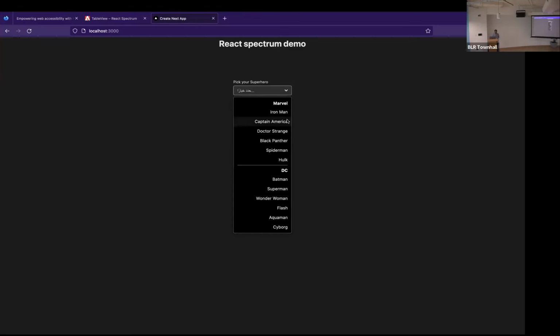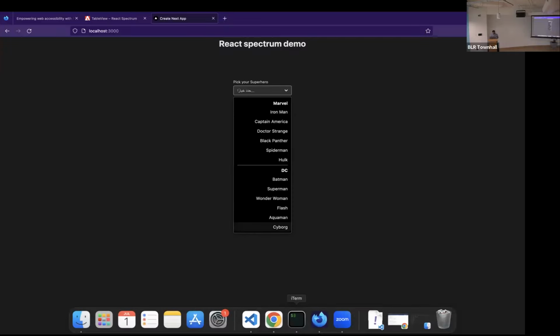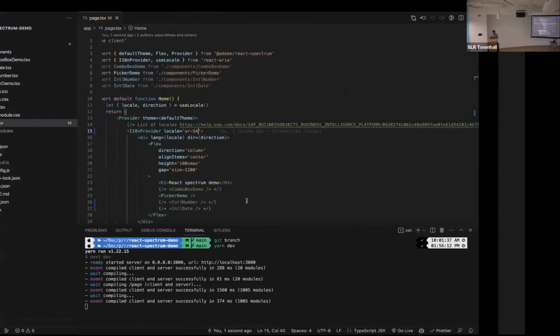Now, if you're wondering why these strings did not get translated, it's because those are user-defined strings. And this is the one which is a built-in string. So that one got translated, and these will not be translated. These you will have to translate and provide to the component. Okay. So going to the next part,